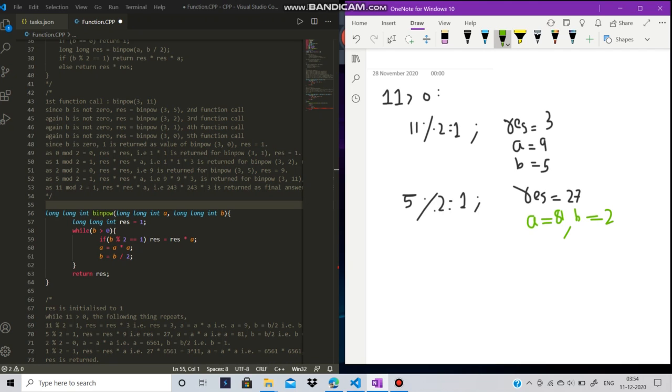Now see that 2 modulo 2 is not equal to 1. So we won't be making any changes to result this time. We simply would square up a. A would become 81 into 81, that is 6561, and b would again be divided by 2, and it is going to become 1. Alright, now 1 modulo 2 is again 1, so this time we are going to multiply